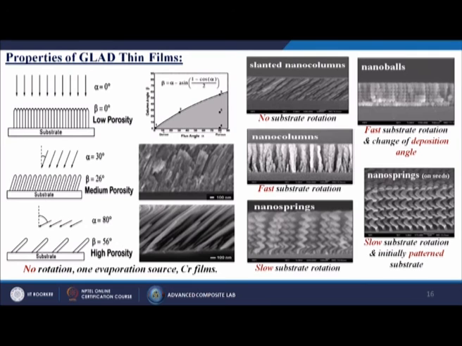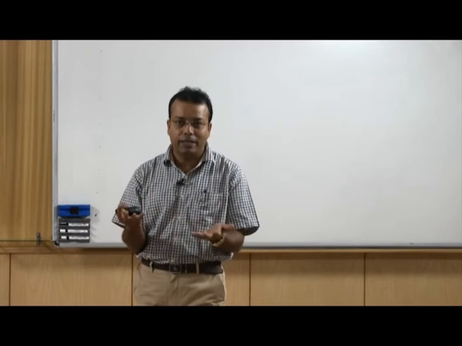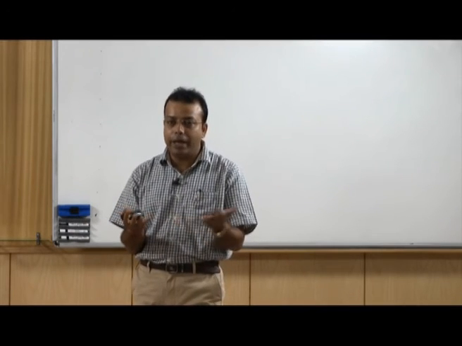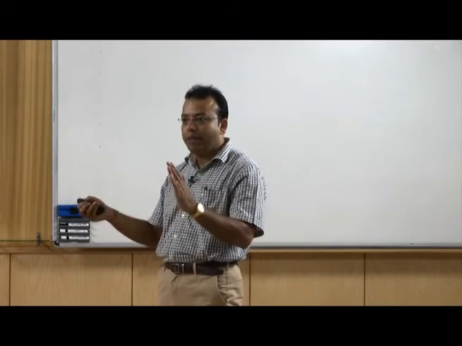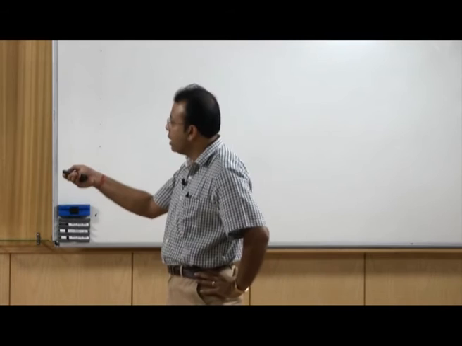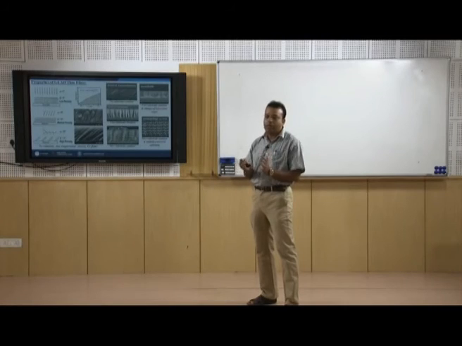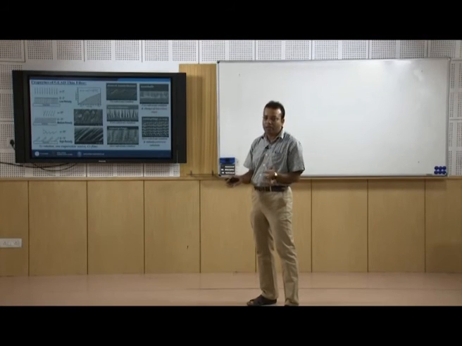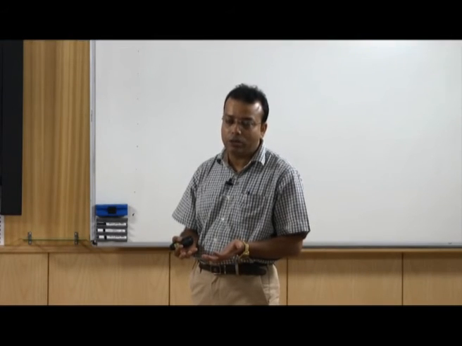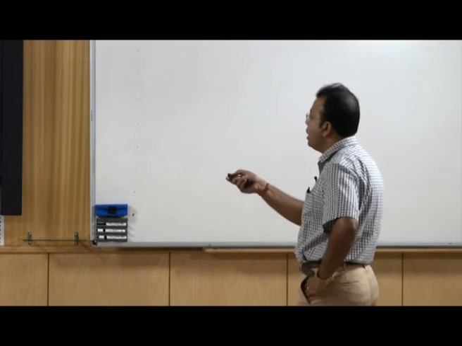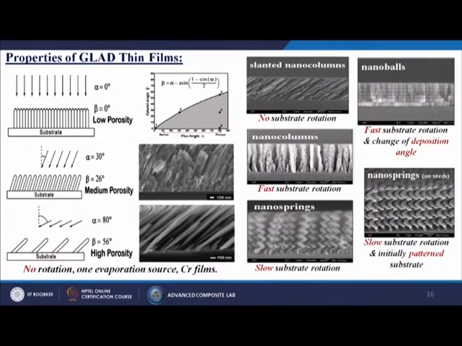Here the chromium films, you can see, look like grass on a field itself, right. If some air has been passed, after that it looks like this, and if there is not any air, it is like some kind of straight structure. So, you can change the porosity of that particular material by changing the angle of incidence of the reactive gases onto the substrate itself. If there are no substrate rotations, the shape will be like this. With substrate rotations and change of deposition angle, you can get this kind of shape.